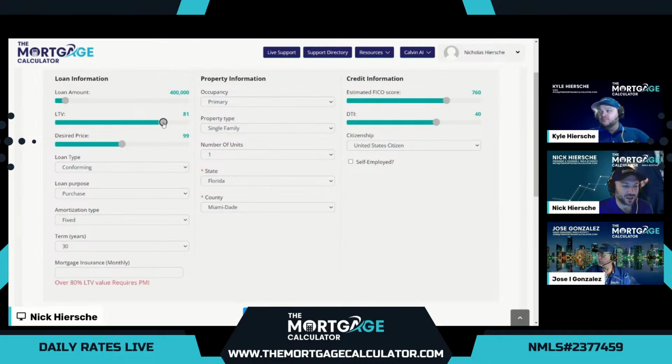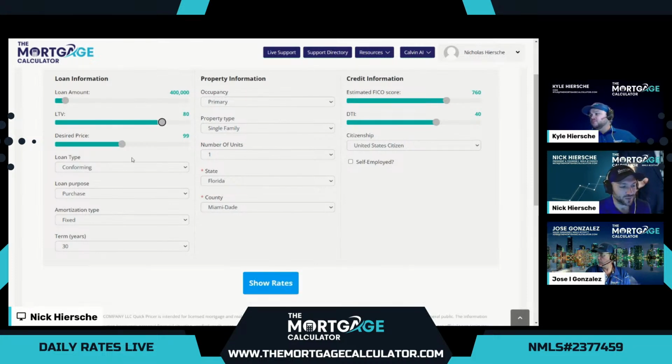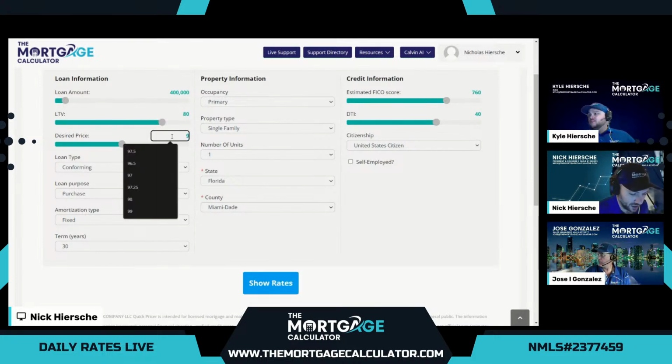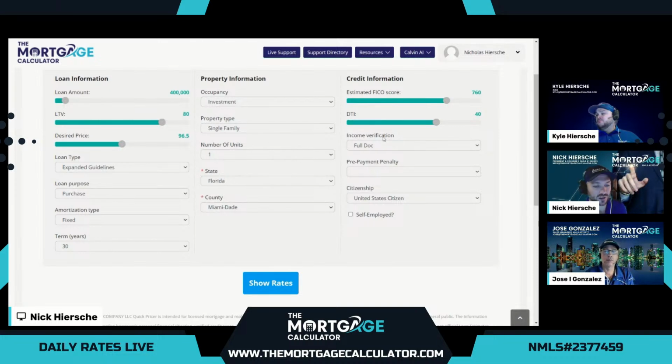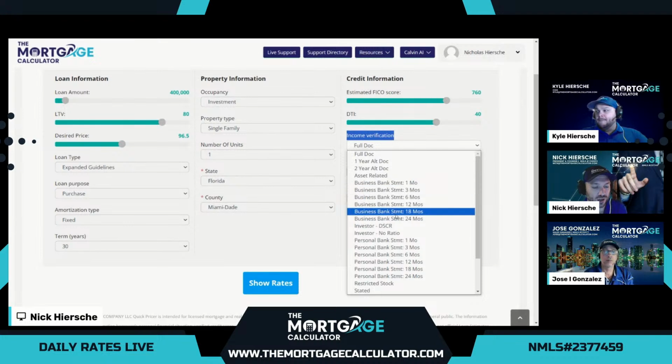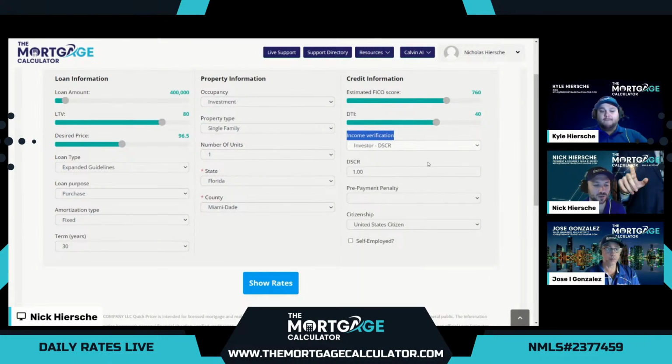Definitely non-QM was the only way to go. So for the final demo, we will set up the same scenario again. And this time we'll choose expanded guidelines. So first thing we need to edit here is the income type. So for an investment property, the most popular income type is going to be our DSCR, our most popular one by far here at the mortgage calculator, because it doesn't require any income or employment or documentation on that from